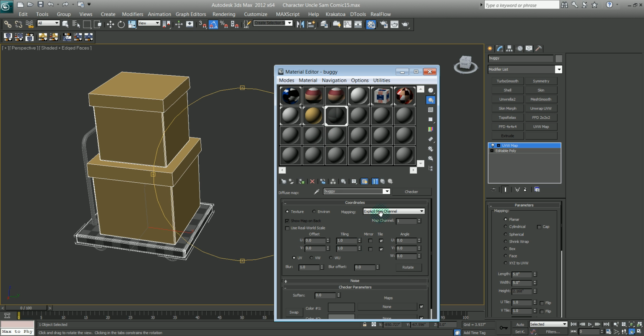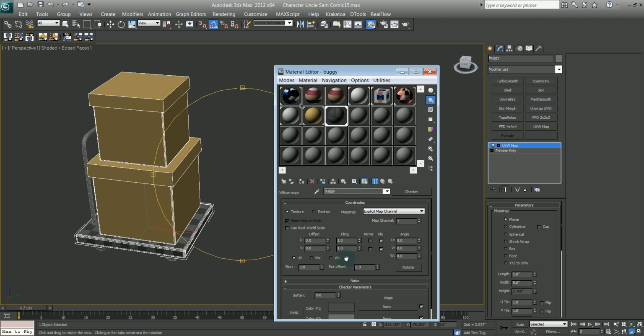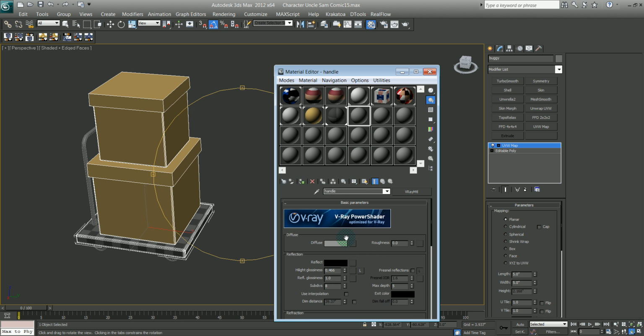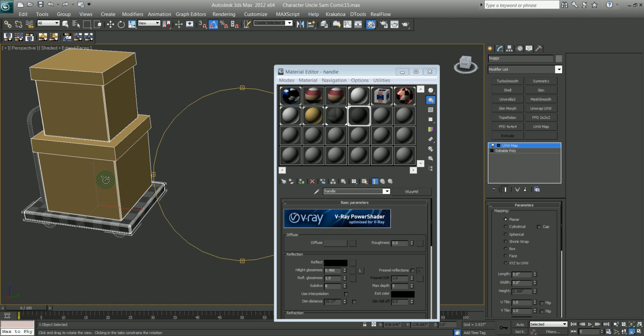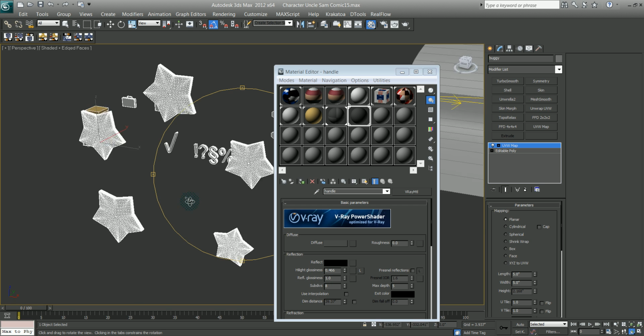Just going to copy one of the values. Copy one of the values, maybe this value, and just put it on the diffuse map. Paste. And put that on the handle. Okay. Now what I'm going to do is